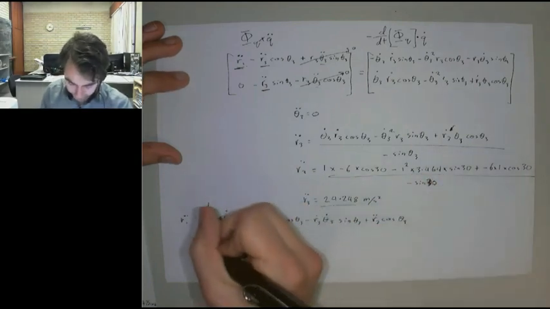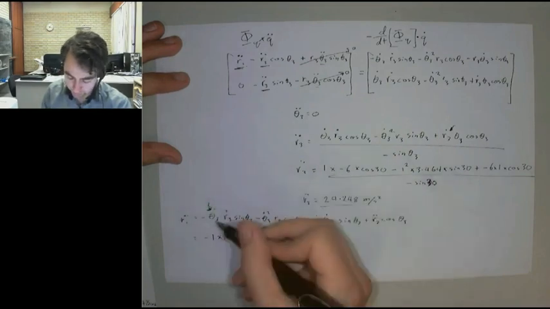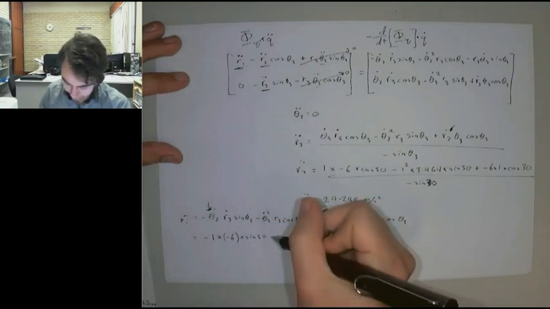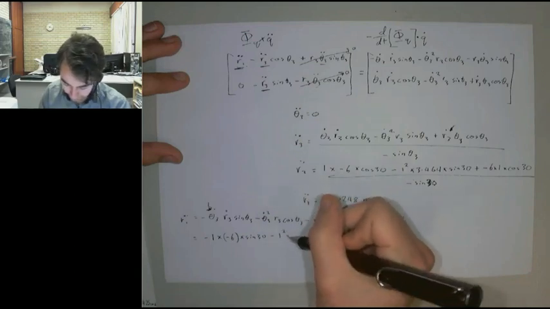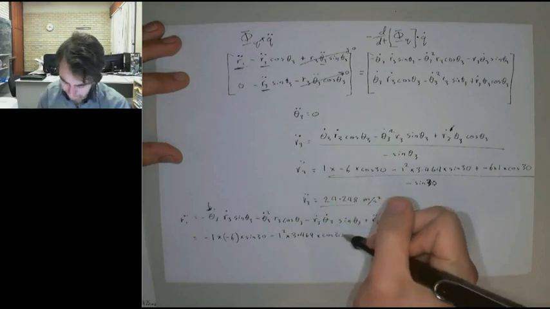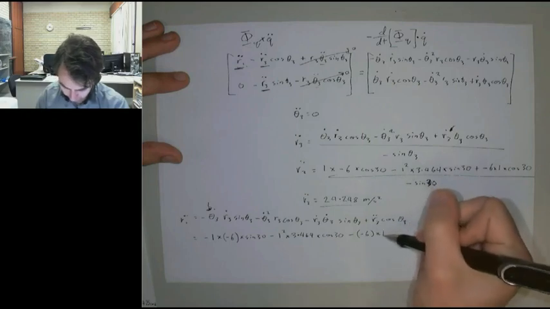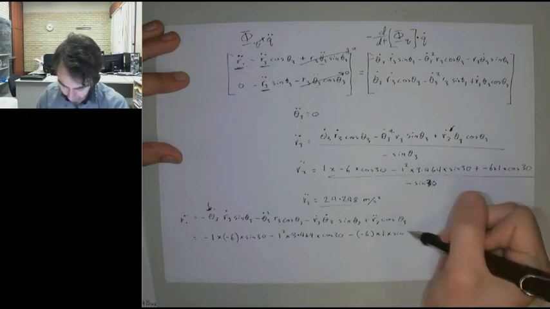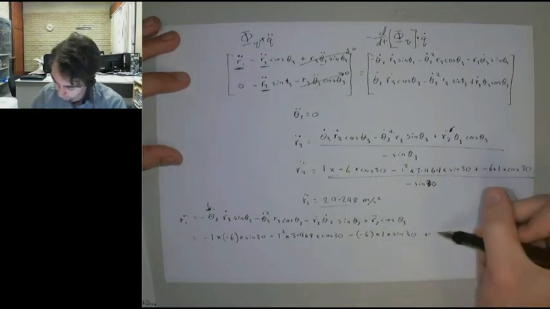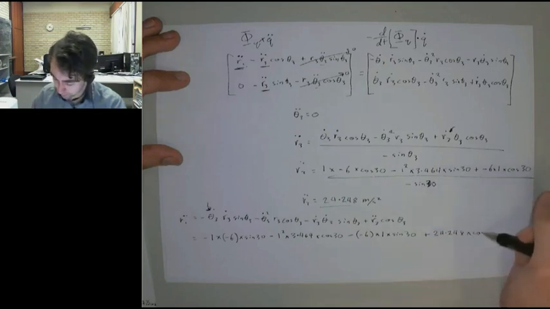And now putting in the values, so -1 times our -6 for our R3 velocity, times sine of our angle, -1 squared, times our R3, times cos of our angle, subtract our -6, is 1 times sine of our angle, and now plussing our acceleration across length 3, 24.248 times our cosine of our angle,